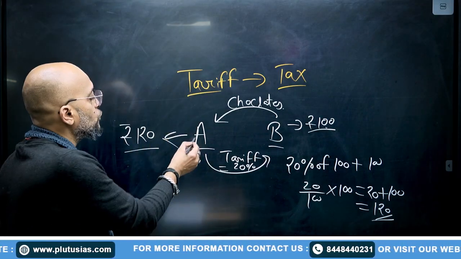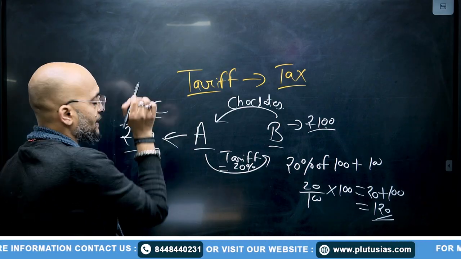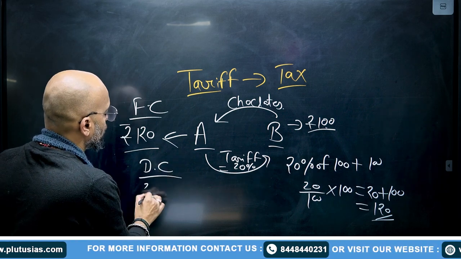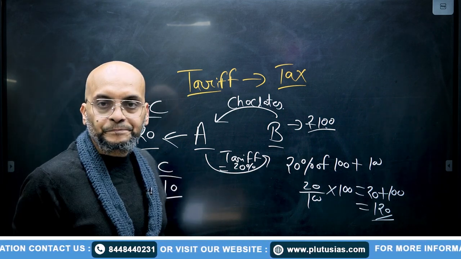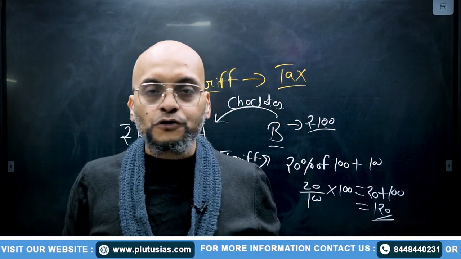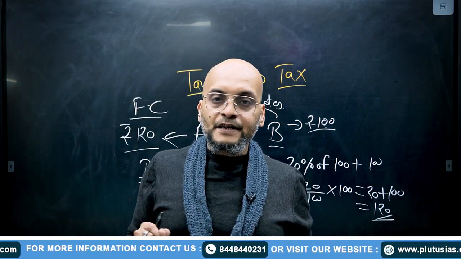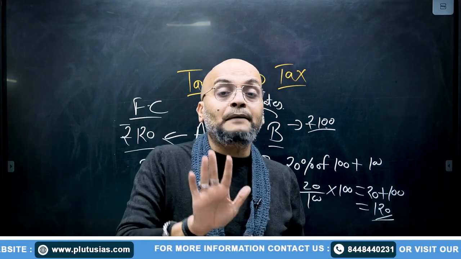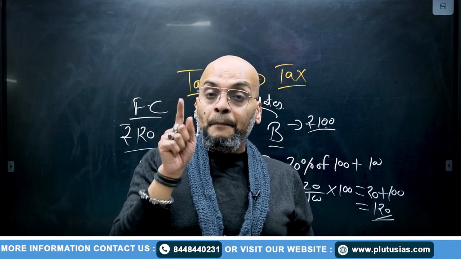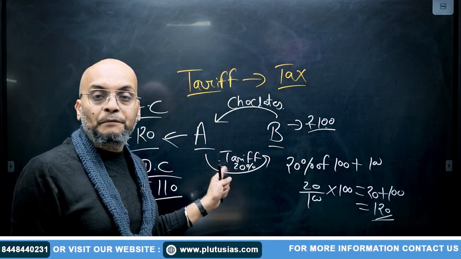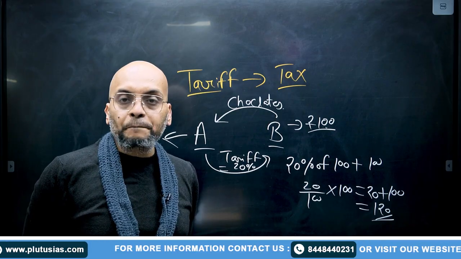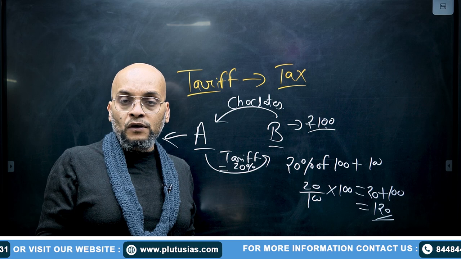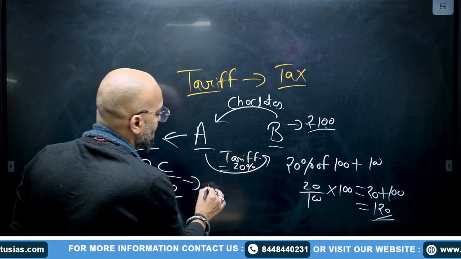Let's say the cost of domestic chocolate. This is foreign chocolate, I am writing it as FC because it is imported from country B. Let's say the price of domestic chocolate is 110 rupees. Now the price of domestic chocolate is 110 and price of foreign imported chocolate is 120. So obviously domestic chocolate has become cheap, and when it has become cheap, people of country A will purchase this domestic chocolate. They will not purchase the chocolate that was imported from a foreign country. Yes or no? Therefore, the demand for domestic chocolate will increase.